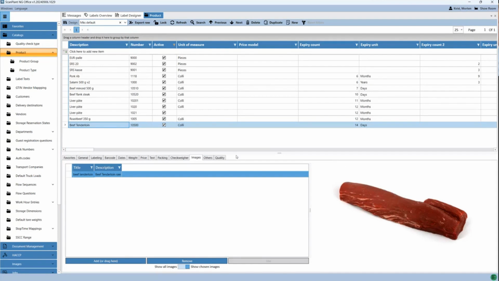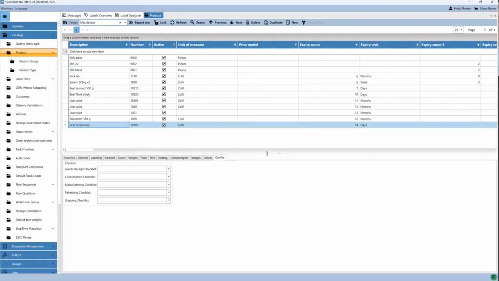Yes. And then last but not least, we have the quality control. In our last webinar, we talked about our QPS system, the quality control system. If you have a quality control system, then you can create a quality control questionnaire, so the operator has to fill in the questionnaire before he can start packing something. And here you can select which questionnaire should be used before we start packing. So again, it's all linked together.